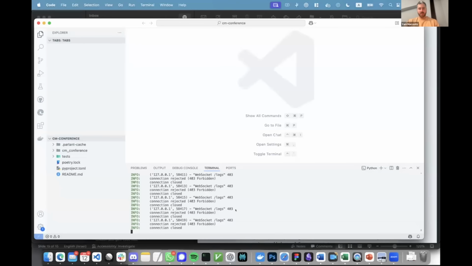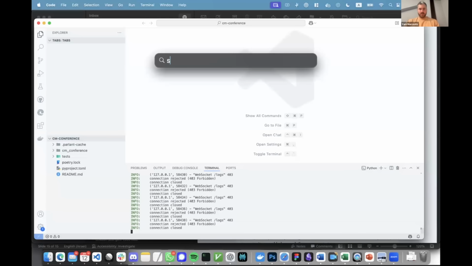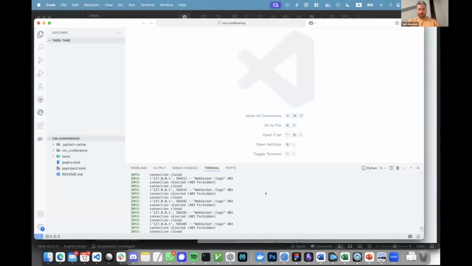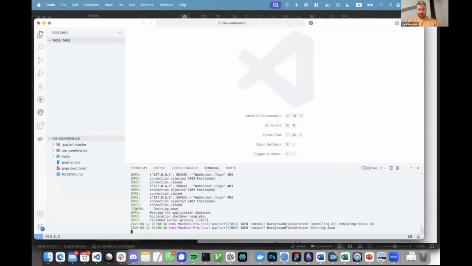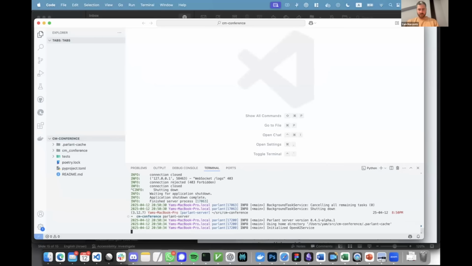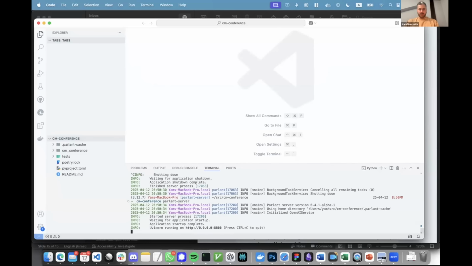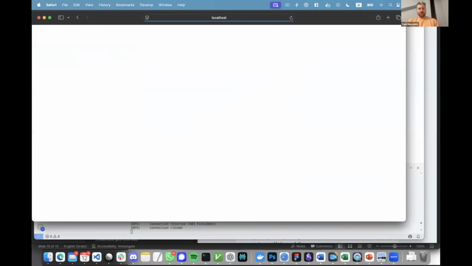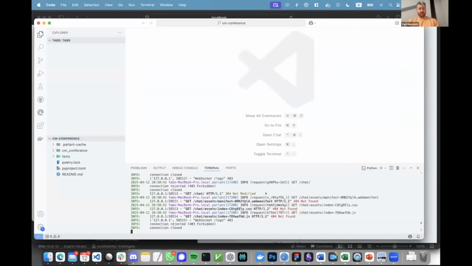Oh, you know what? Let me share my entire screen. Apologize. Okay. So I started, second. I started my Parlant server. I'm going to load up Safari. Oh,